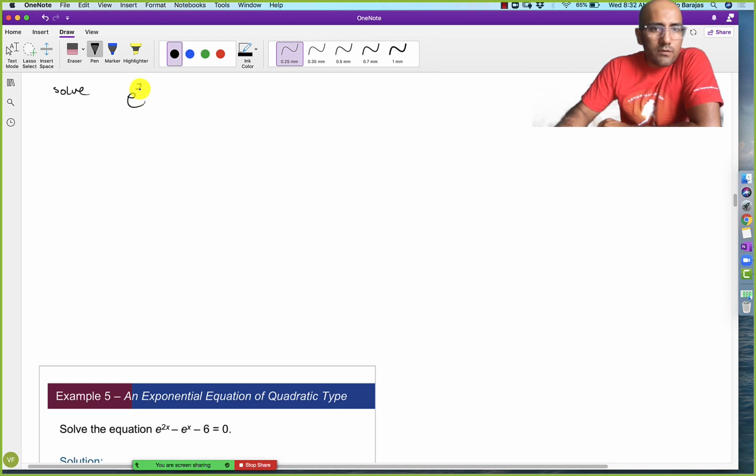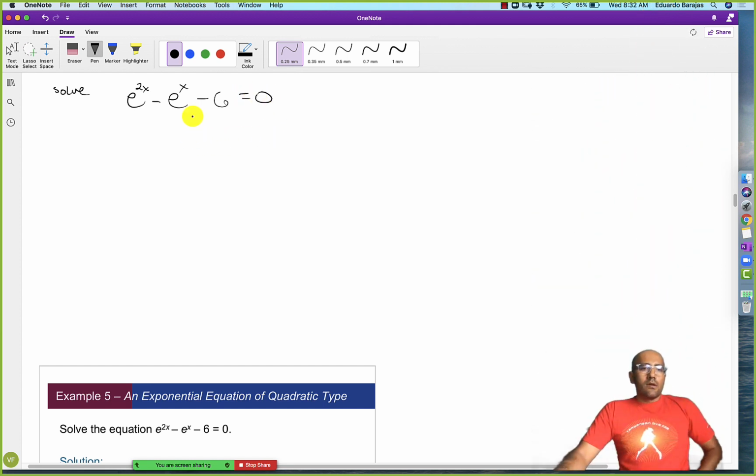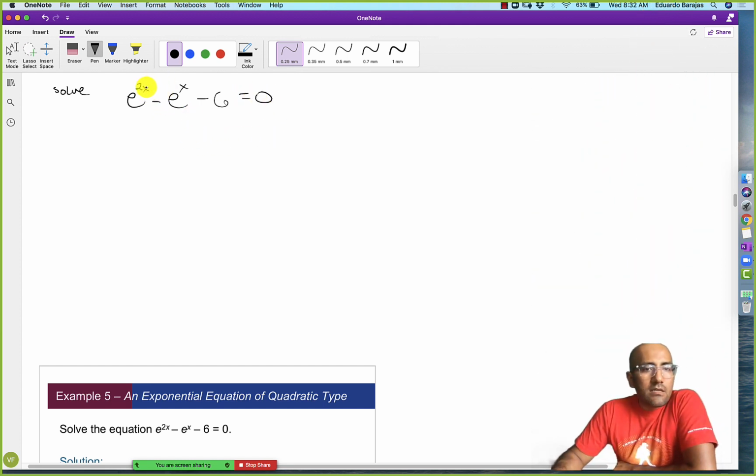Solve e to the 2x minus e to the x minus 6 equals 0. Okay, so it's an exponential equation because the unknown variable that we want to solve is up in the exponent. It's not quite as easy as before, where we just applied a log to both sides and were able to bring the exponent down. Remember that that property only works as long as we have something that fits this form,